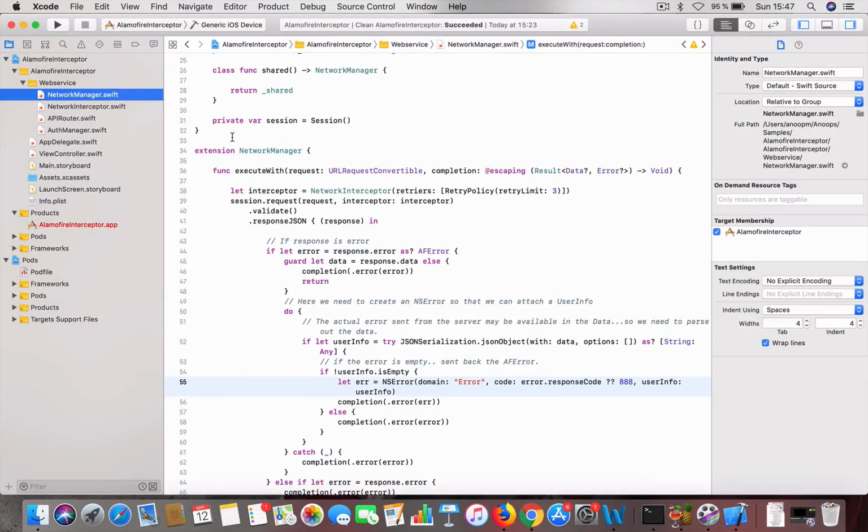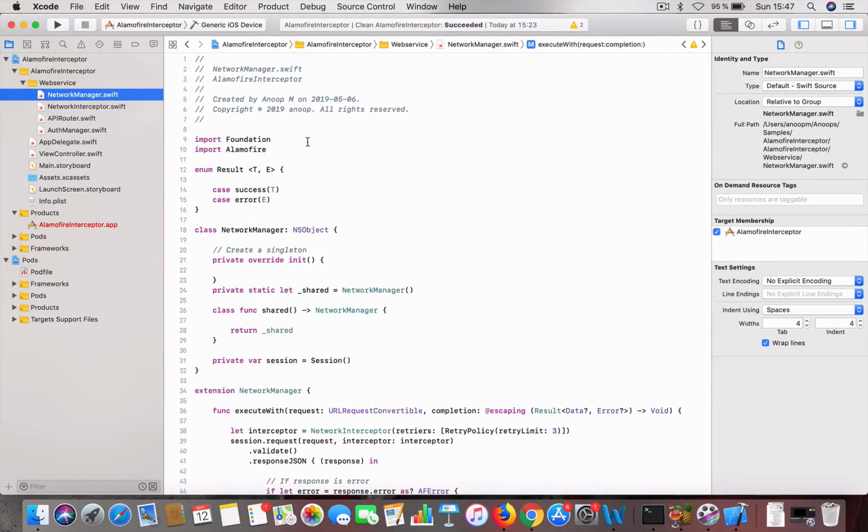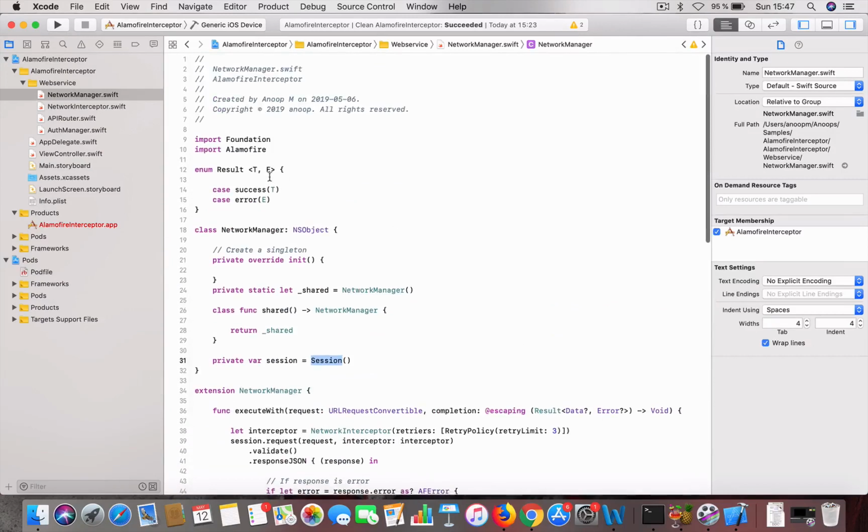Okay, first of all, I have created my own network manager. It's just a simple class which is a singleton class which has a session from Alamofire. So you will be importing the Alamofire module. In this particular video I'm using Alamofire beta 6,